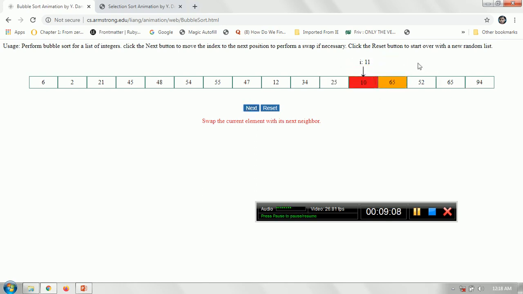65 and 52, for the last time it will compare, but since the largest is on the left hand side, it should go to the right hand side index. So swap would be done. Here after the three iterations, the three maximums are like this: this is the first maximum, this is the second maximum, this is the third maximum. They are arranged. So in this way, after n minus 1 iterations, every number would be arranged as per the need.